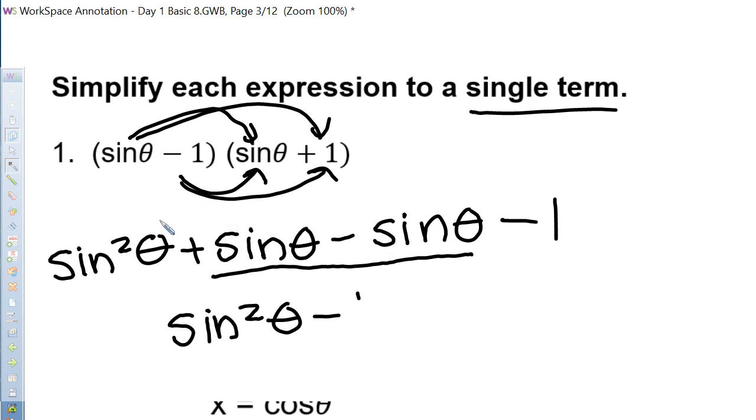So if you have a 1 with a squared trig function,